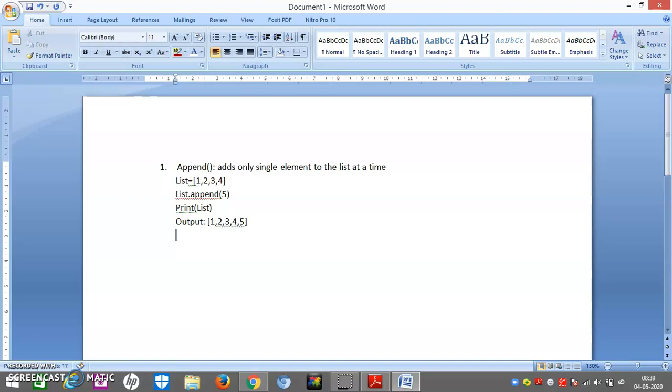at a time. So what will be happening now when I will just print my list? What will be the output? The output of the list will be the 5 elements instead of 4 elements: 1, 2, 3, 4, 5. Okay, now looking at the next function, which is known as the extend function. Extend adds any number of elements in the list at a time. It will add any number of elements. Now friends, one thing more, append adds only a single element. It adds at the end of the list.